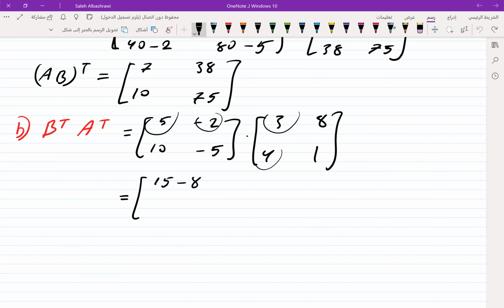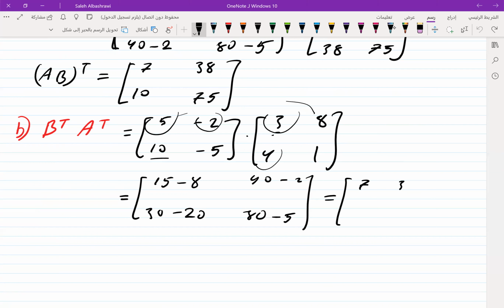Second one, 5 times 8 equal to 40, minus 2. Next one, 10 times 3 is 30, minus 20. 10 times 8 is 80, minus 5, which is equal to